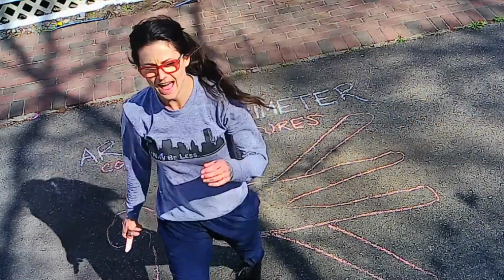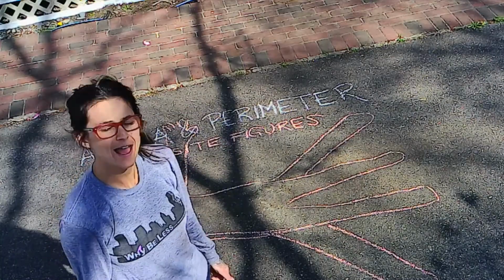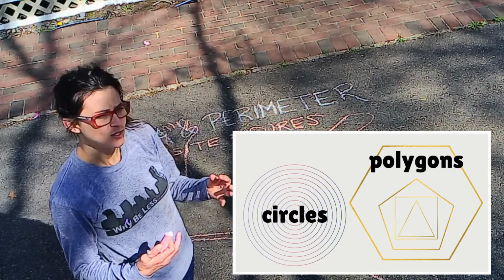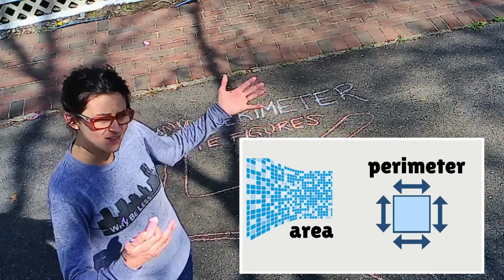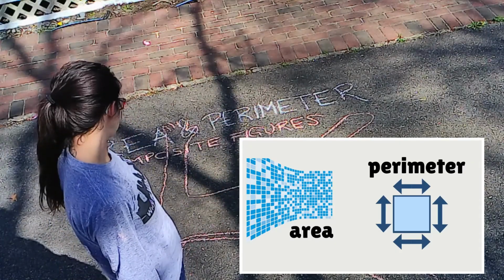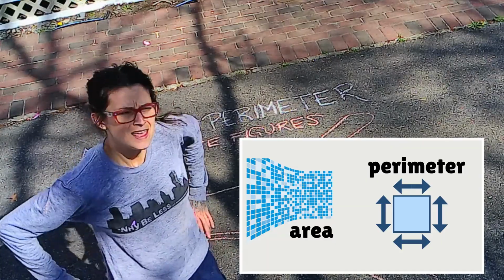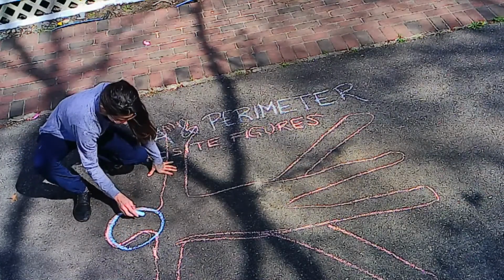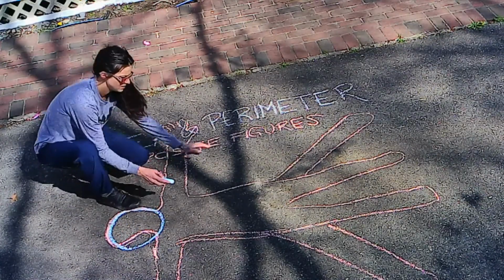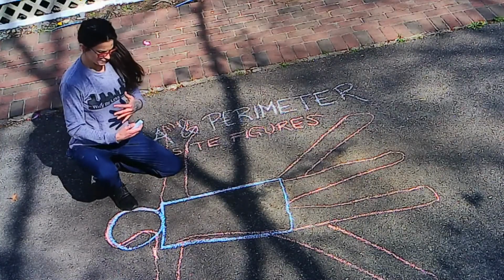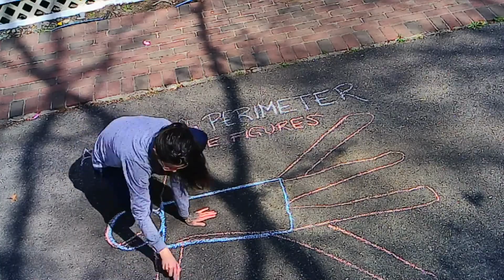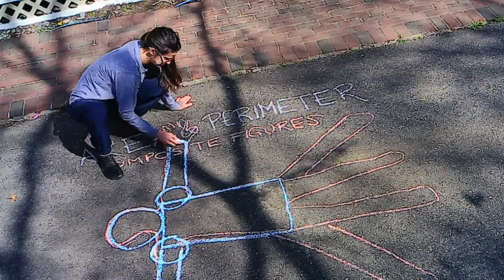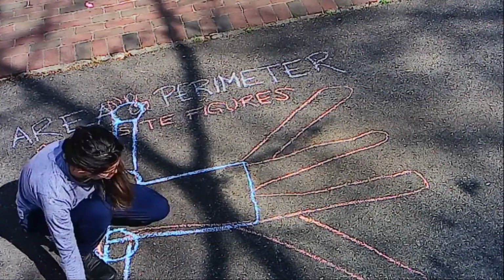So now that I have the outline of my shadow, I'm going to use what I know about polygons and circles to make sense of maybe the area of my shadow and the perimeter of my body. So my head looks like sort of a circle, and my core and my rib cage kind of makes a rectangle. I know my hips are circles